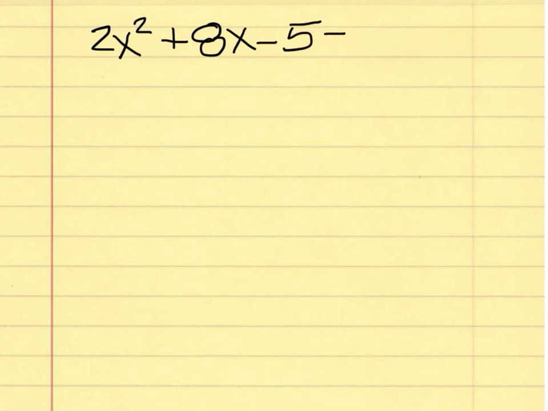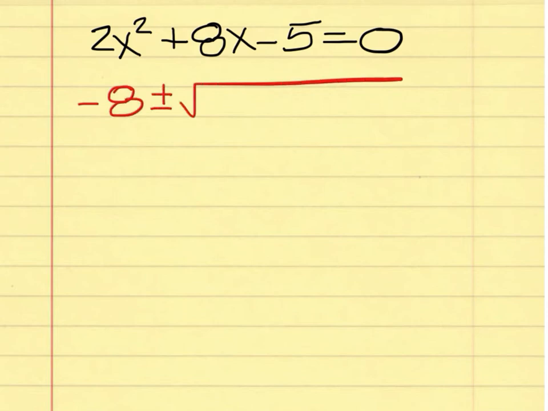This quadratic equation is 2x squared plus 8x minus 5 equals 0. This one's going to come out to be a decimal. So we need the quadratic formula. It's a -b, so we have -8 plus or minus the square root of b squared, which is 8 squared,